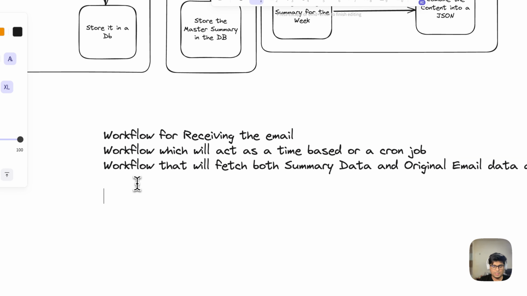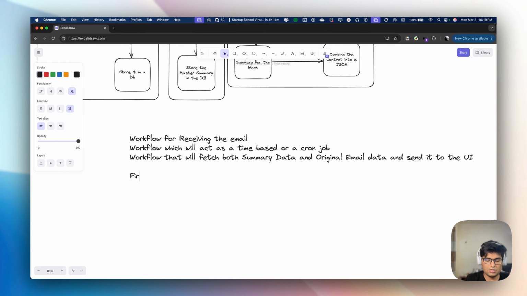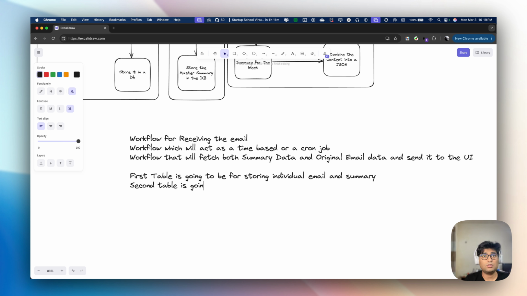So again, the first database or table is going to be for storing the individual email and summary. And the second table is going to be for storing the combined summary that is being sent to the user. In this, what we can add on is we can try and create some PDF files,